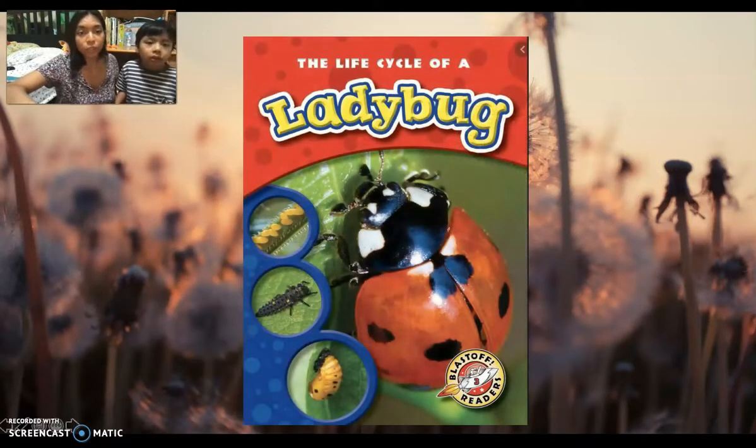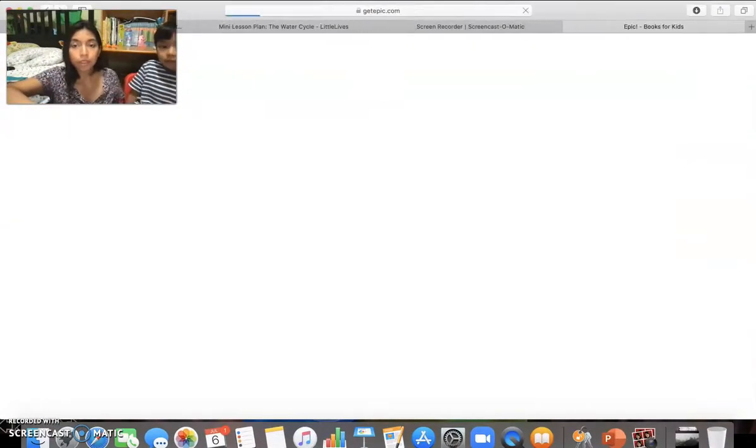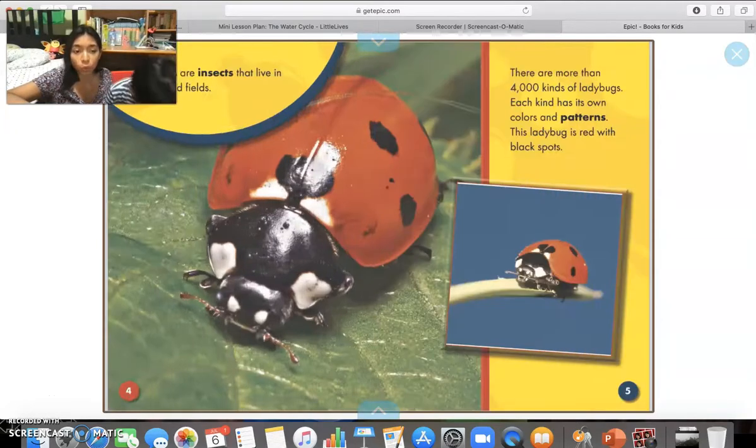And now let's read this story. It's called The Life Cycle of a Ladybug. So here we have the life cycle, we have the contents, and we are going to be reading through the story. So it says ladybugs are insects that live in forests and fields, and there are more than 4,000 kinds